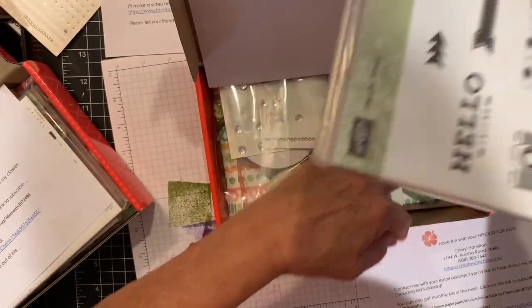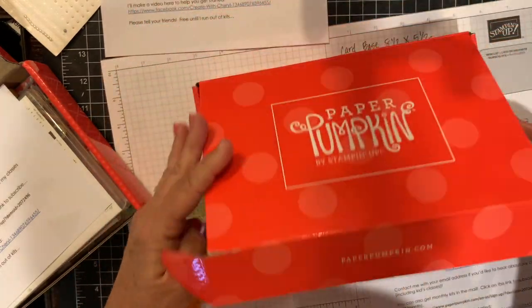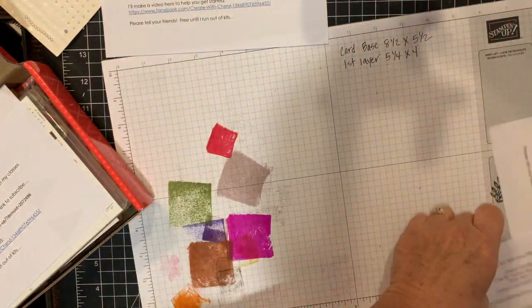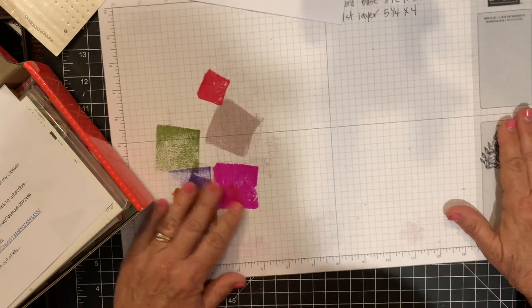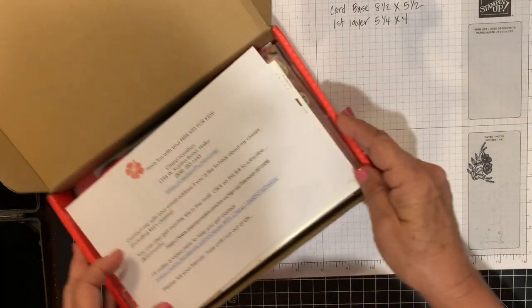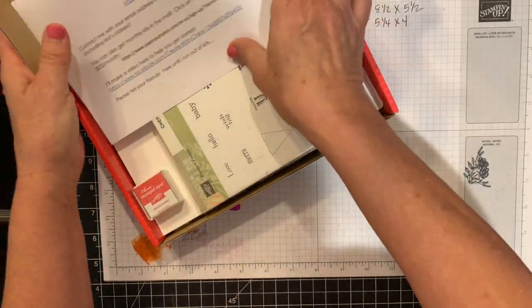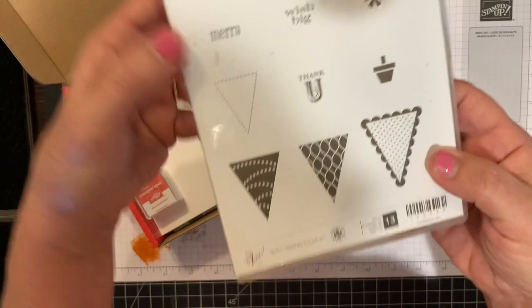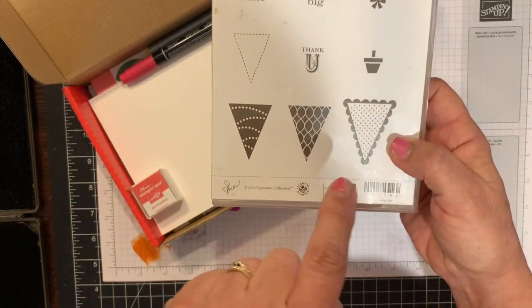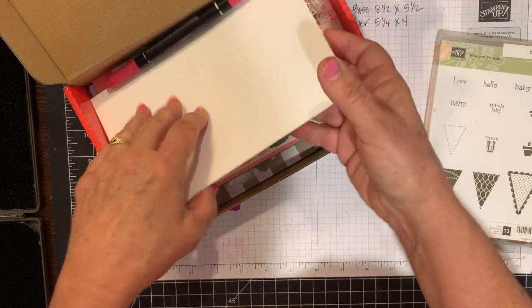This one would be fine with the camera and stuff. And okay, so let me pull one out and work on it and show you what I would do if I were you. Okay, so this one, you open it up, you get a stamp set. And the reason I chose this one to go with this is because